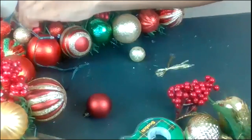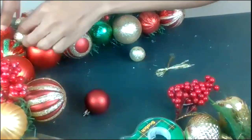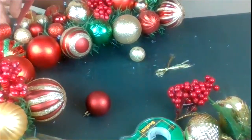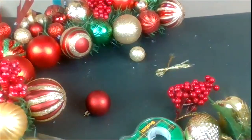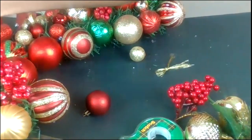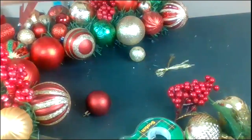You might want to do it like this, just so that the colors aren't all on one side. So I just wrapped it like this. And it doesn't have to be perfect. Again, most of the time they won't even really see the lights. But if you just kind of wrap it around and then tuck it in,